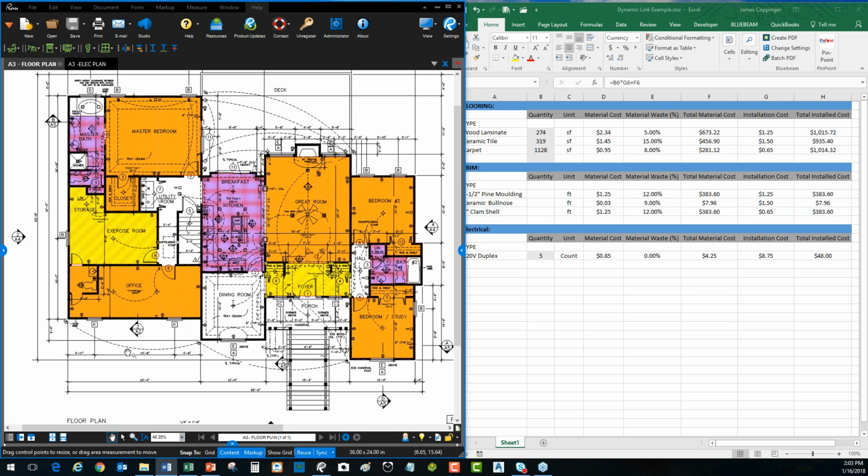Like I said, the first thing we want to talk about here is the fact that most of us still work with Excel when we're dealing with our quantity takeoffs and our estimates. It's a really powerful tool. We're able to generate formulas and costing and do all kinds of really interesting things once we get comfortable with Excel. But what I see time and time again is I watch a lot of my clients when they first start working with us, before I get a chance to train them and explain that there are better ways to do things,